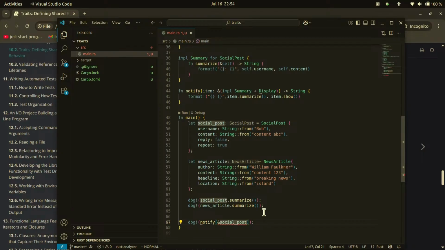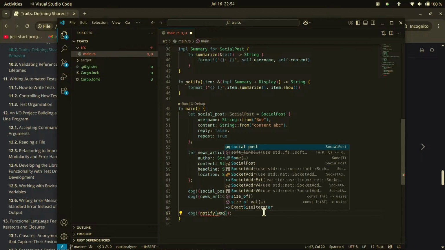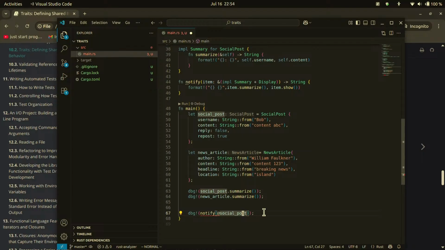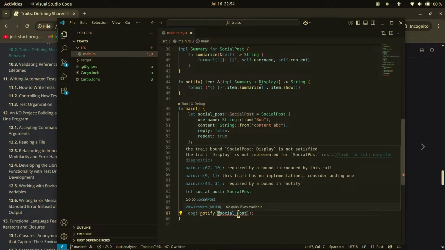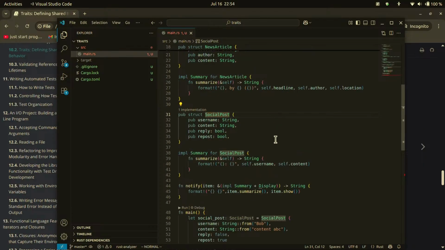Or can we remove this one? Is it possible to remove this one? No. No, so but can we use SocialPost? What's the error here? SocialPost Display is not satisfied. So if we go back to SocialPost, then it means